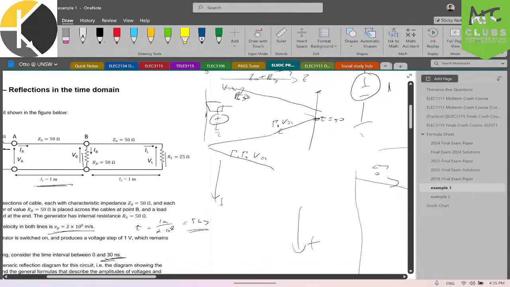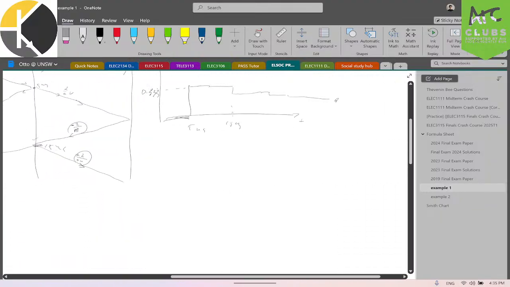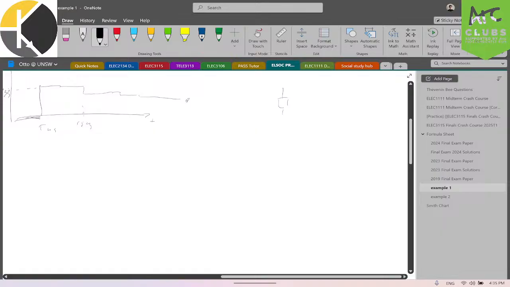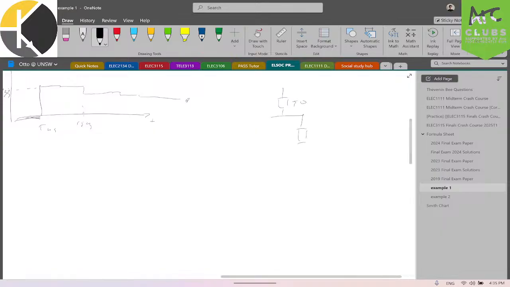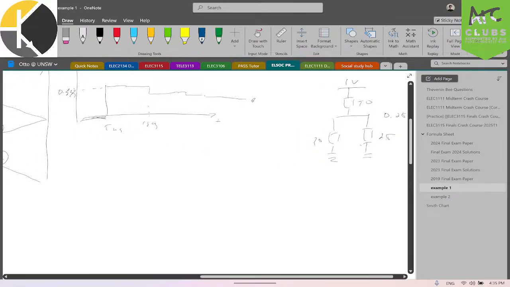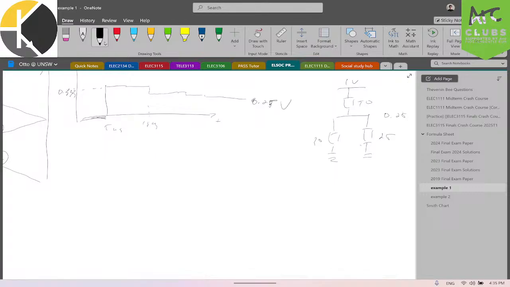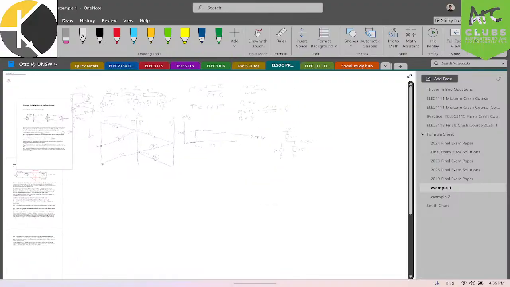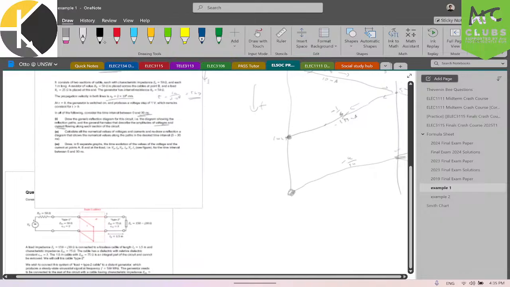So at steady state, the voltage at point B is going to be just voltage division of 50 ohms in parallel with 25, like this. And this is 1 volt, which actually turns out to be 0.25 volts. So this steady state will be 0.25 volt. Because the cables act like short wires at steady state, the same voltage will be present at VA and V load,